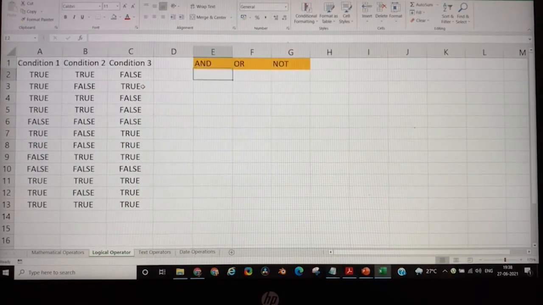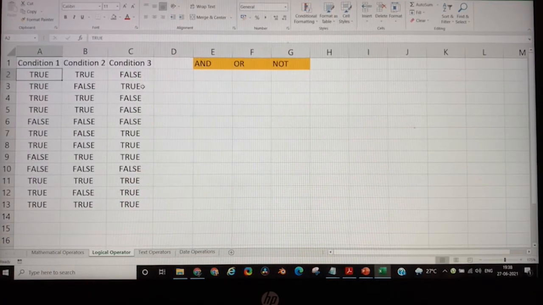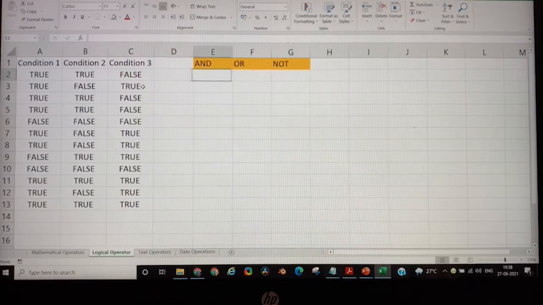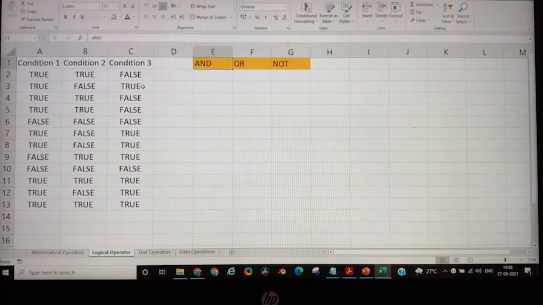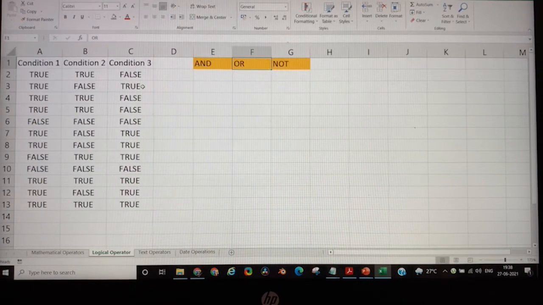So AND basically tells you that if all the logical conditions that you are thinking in your mind or that you're trying to put in a formula are true, only then the output should be true. And OR basically means that if either one of your conditions meet, you can go ahead. So in case of AND, only when all the conditions are met, you will go ahead. In case of OR, if either one of the conditions are met, you will go ahead, and NOT basically just negates everything. So if I say true, by doing NOT on my true, it will become false. If I say false, by doing NOT on my false, it will become true.